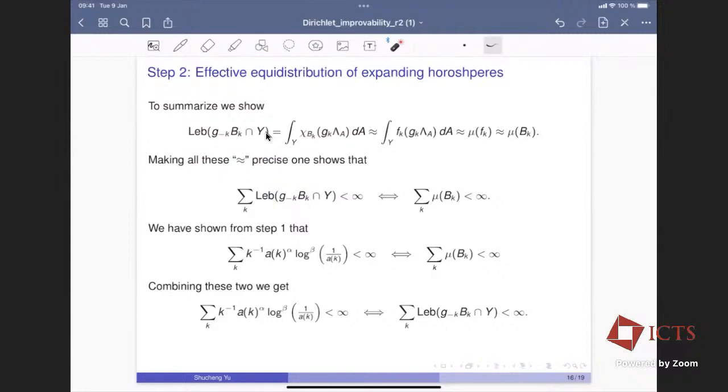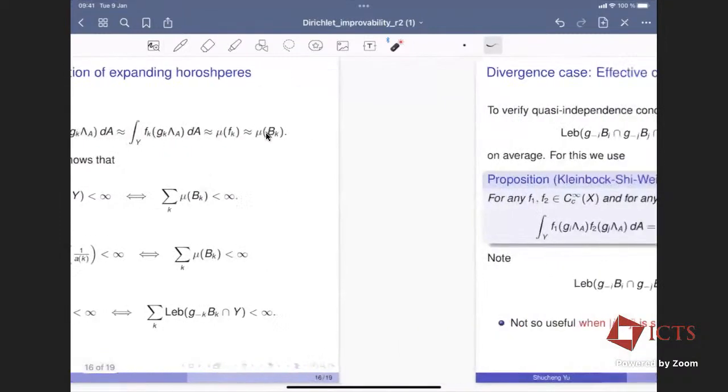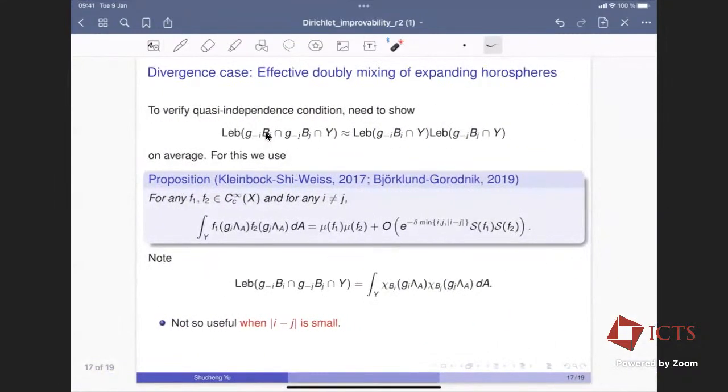So this is the convergence case. And for the divergence case, knowing the effective distribution is not enough. You have to use the double mixing of two expanding horospheres to prove the quadratic independence condition. Because remember, to apply the divergence Borel-Cantelli lemma, we have to verify this quadratic independence condition, which roughly means we